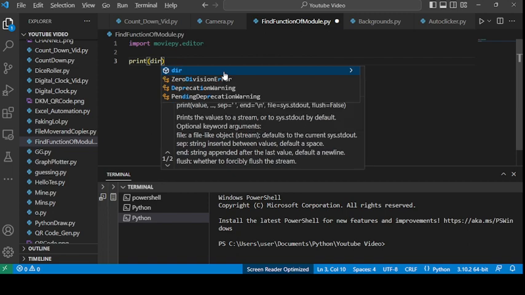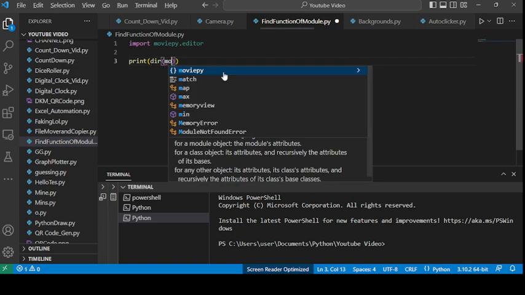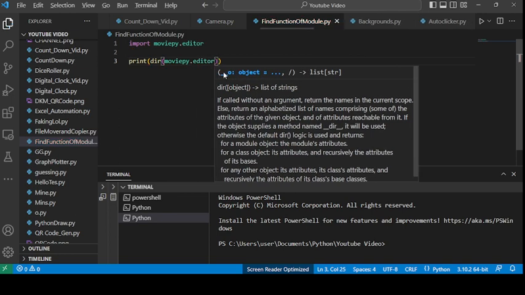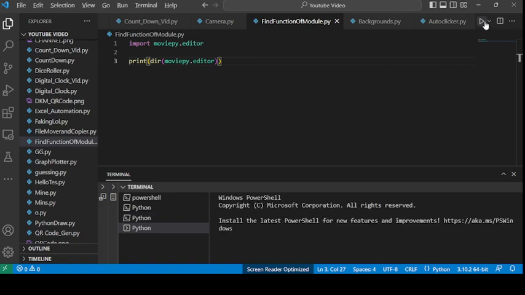So print here moviepy.editor. Now this function right over here, dir, will allow us to find out all the functions in moviepy.editor. So if I try it out now,